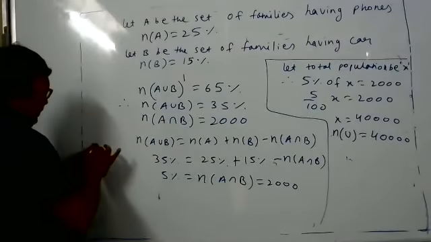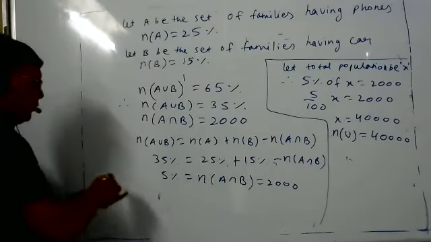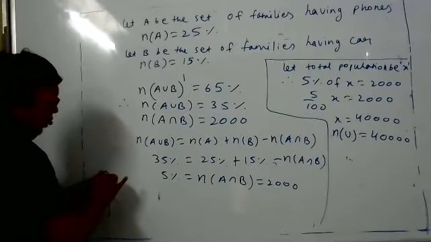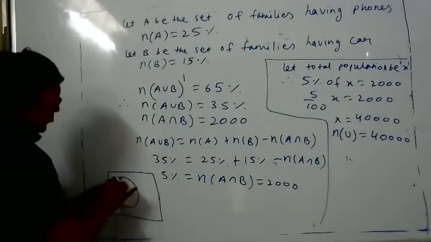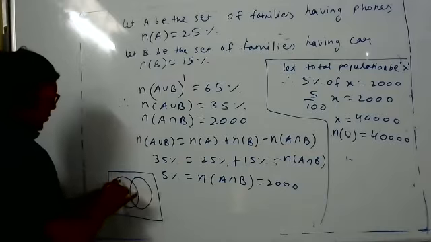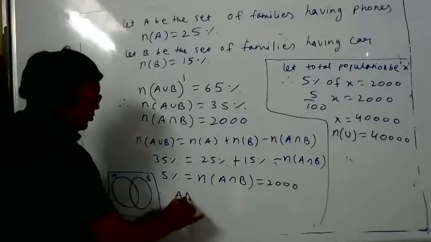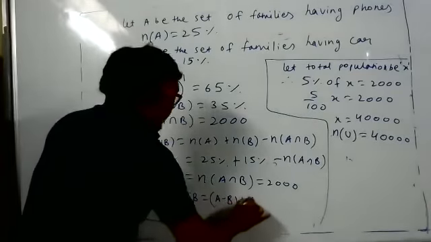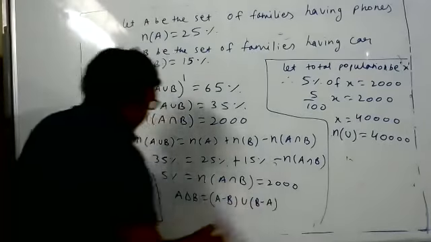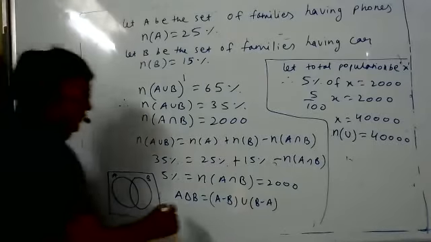I will say what they will say for symmetric difference. Most of you copy from the board also, don't take more time, and some of you who have doubt and copied may see on the board. If they want to say symmetric difference, they should say it this way. This is A, this is B. So symmetric difference is, actually we have done this type of sum, exactly either A or B. This way they will say.